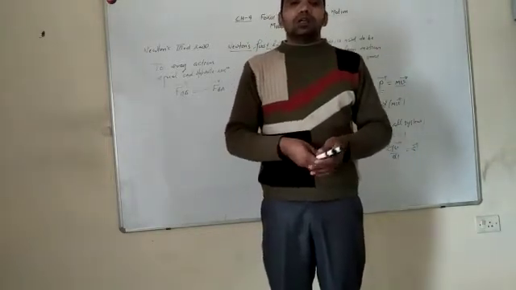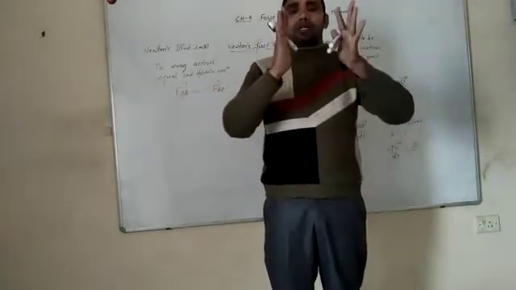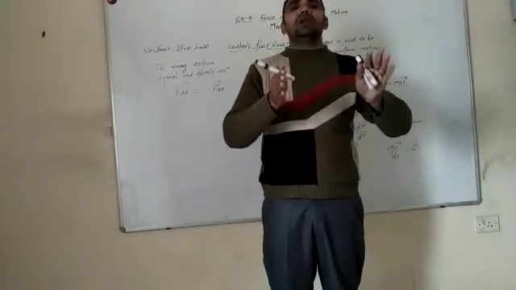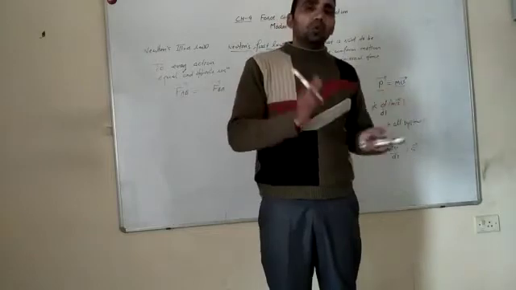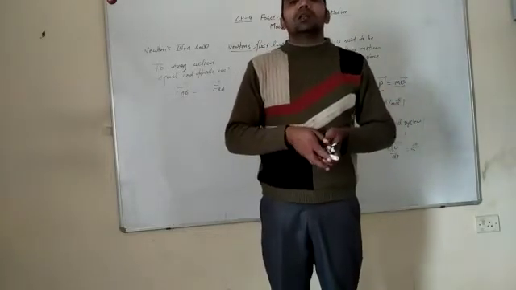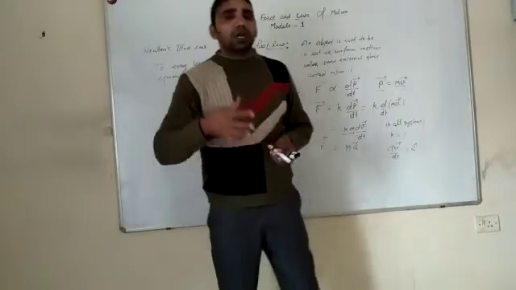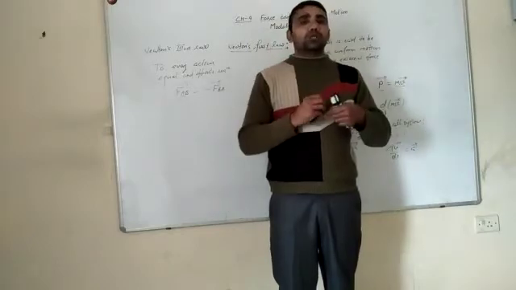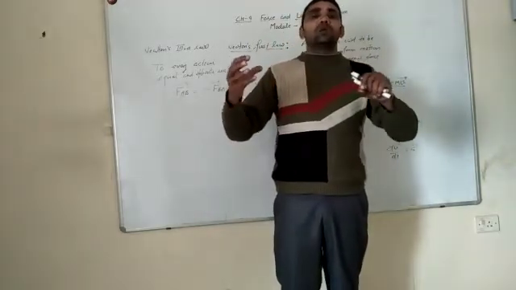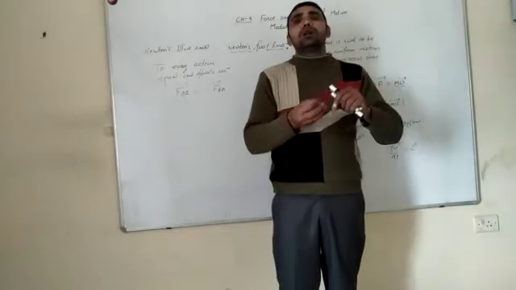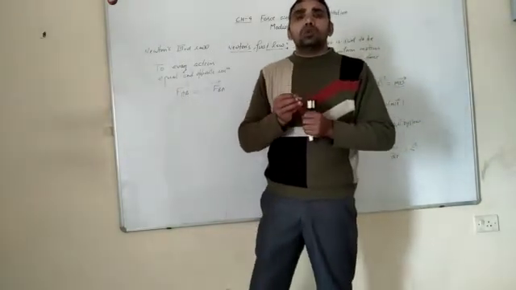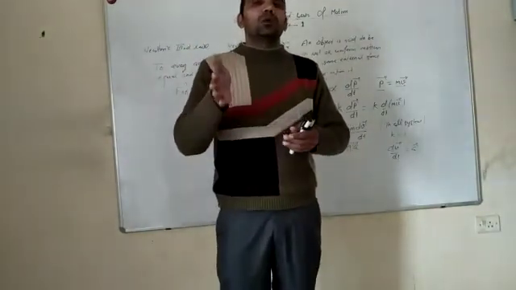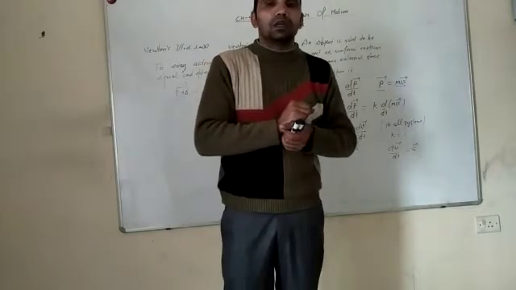Balanced force means if the force applied on the object is the same along all directions, then this object will remain at rest. Then the force is called balanced force. In the second case, if the force applied on the object is not balanced along all sides, then the object moves along a particular side about the resultant force. So this force is called unbalanced force, and in this case the object moves from one position to another position.